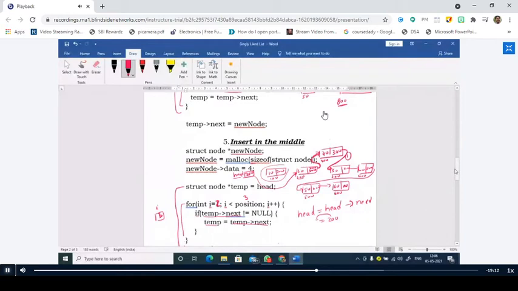This becomes idle. What we have to do is free this node. Otherwise, there exist some problems. Why? Because dynamically allocated memory should be deleted by the user only. It is not the case with static memory allocation. In static memory allocation, the allocation and deallocation of memory will be automatically taken care of. Who will take care of allocation and deallocation?